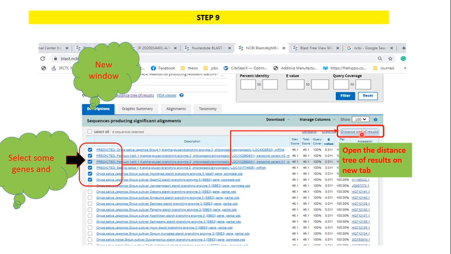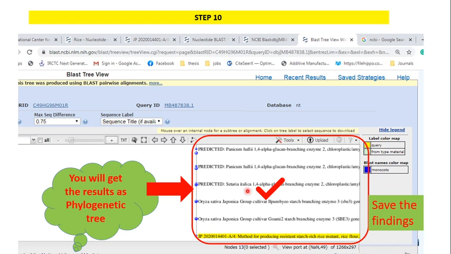Click here and you get a distance tree like that, clear. In these sequences, as I selected, I find that my sequence is showing similarity to these genes. The phylogenetic tree is constructed for finding the similarity between the genes.